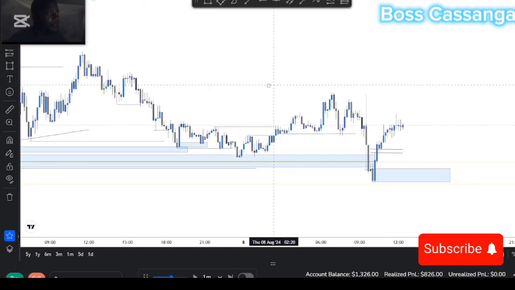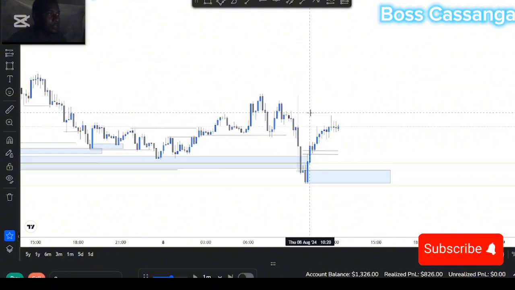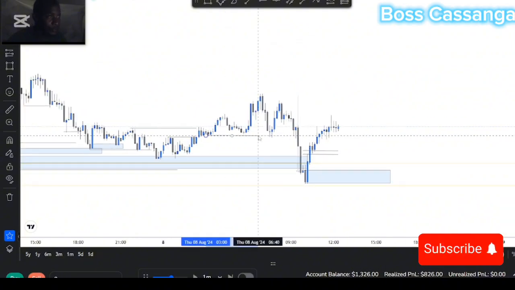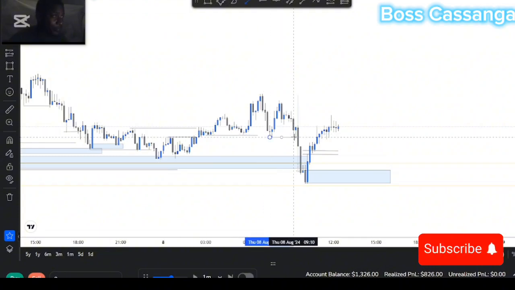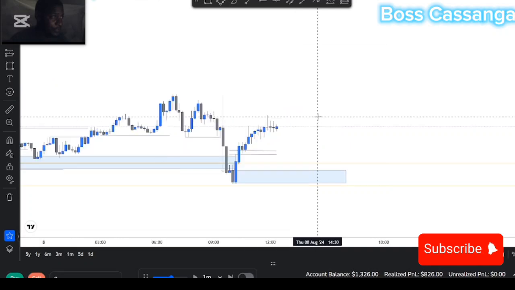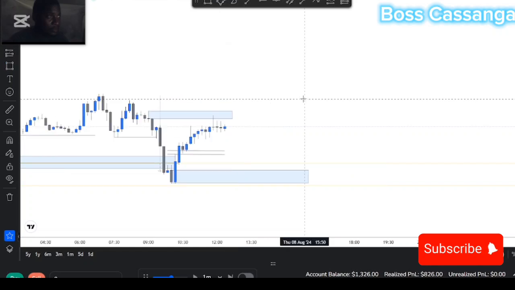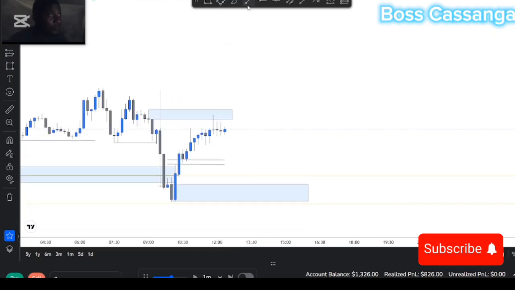Oh, I didn't see this. Okay, now we're in a higher high. Higher high, higher low, higher high, higher low, higher high. The high was taken out. The last low was taken out, giving us that change of structure. I have a demand zone here, the demand zone that caused this break of structure right here. So I'm going to place a sell after breaking the zone. Let's see what's going to happen.